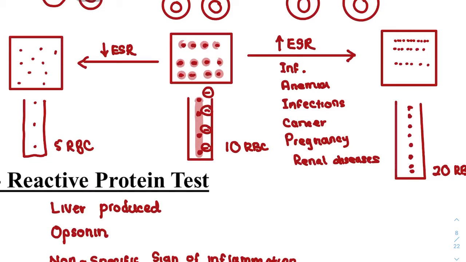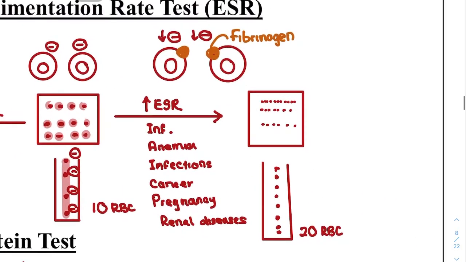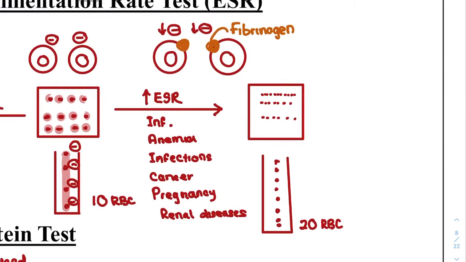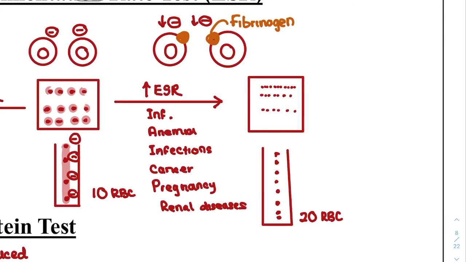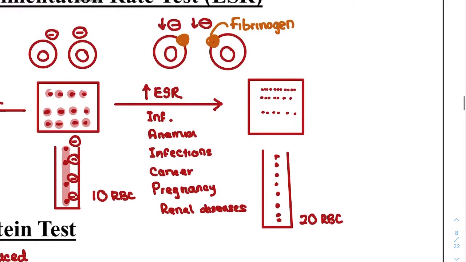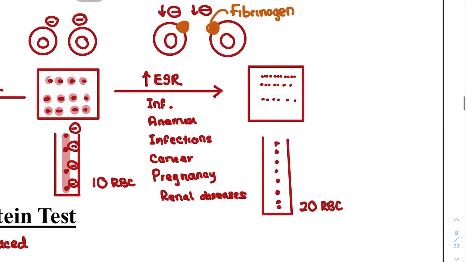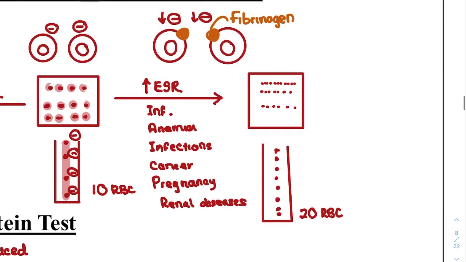Next, in a state of inflammation, or in a state where there is an increase in ESR, there is going to be an increase in fibrinogen. Fibrinogen is produced by the liver, and it is going to hang on to red blood cells. It's going to be stuck on red blood cells. That will decrease the negative charge of the red blood cells, and you will see the red blood cells are closer together. Again, there's no real way to see this, except this is a very hypothetical diagram just to show you what happens